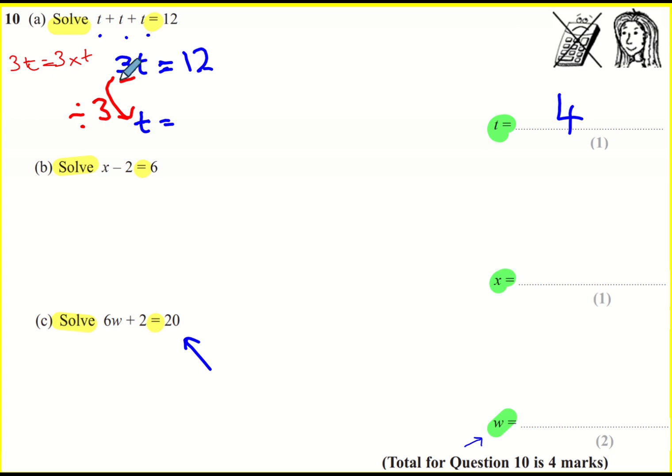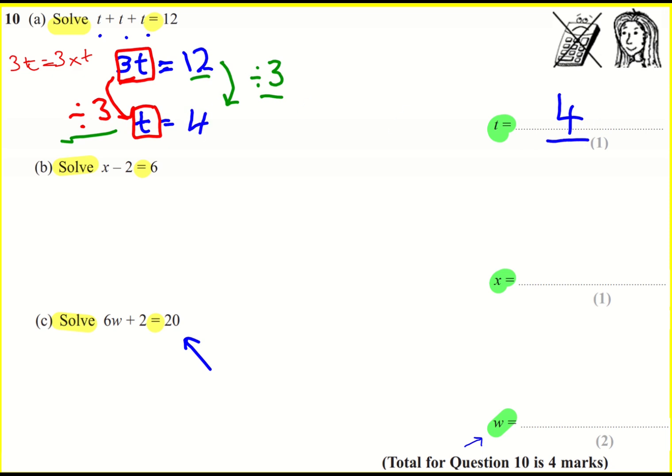Okay, to get from this to this, we need to undo the 3t, and we undo it by dividing by 3. But if we do that to that side of the equal sign, we must do it to this side of the equal sign. So we divide this by 3 as well. And if you do 12 divided by 3, you get 4,